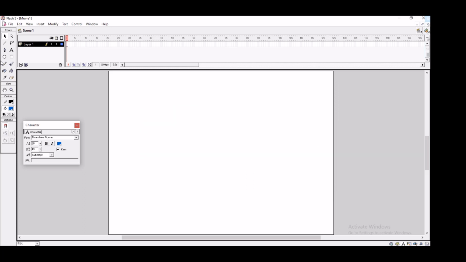In the pencil tool there are different options. One is the straighten mode, which means that it would help to draw in a straight manner. This is one mode, straight mode. And the next is the curved mode, smooth mode. It would help you to draw in a curved manner, as much curve as you want. And the next is ink mode. The ink mode would be used to draw in any manner.